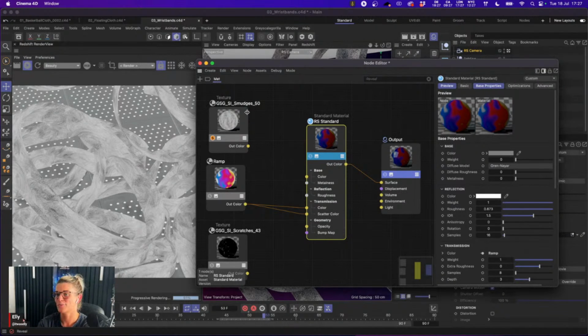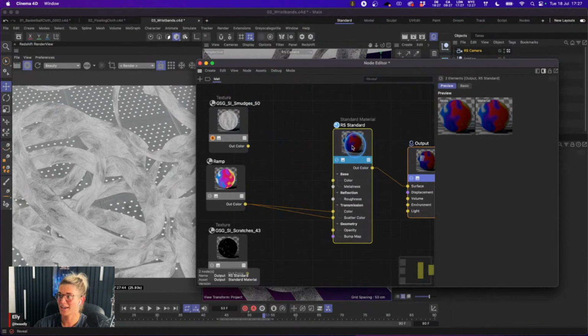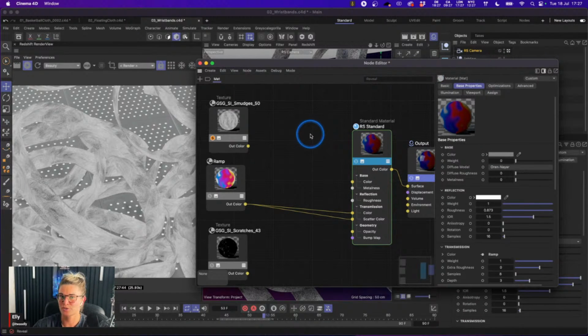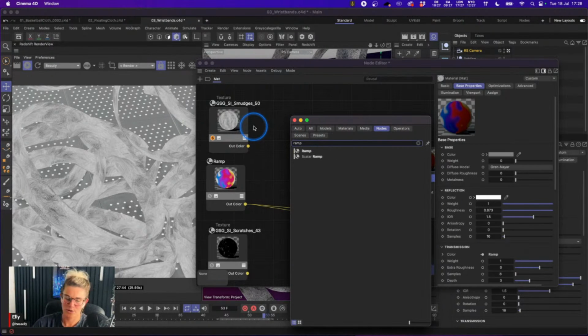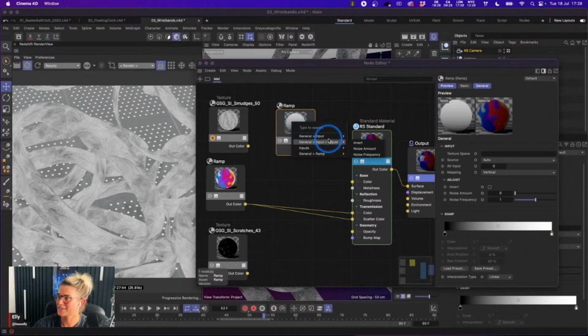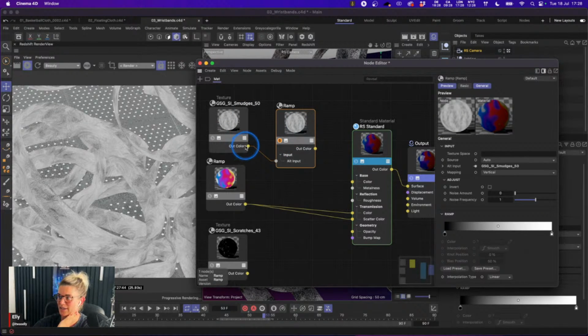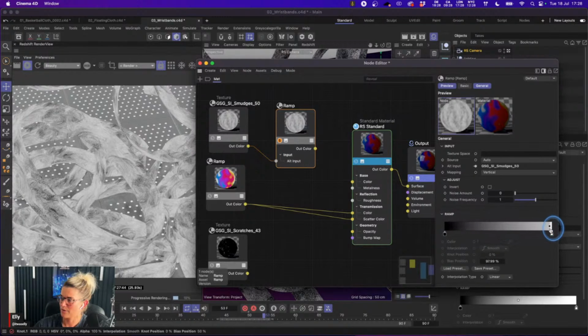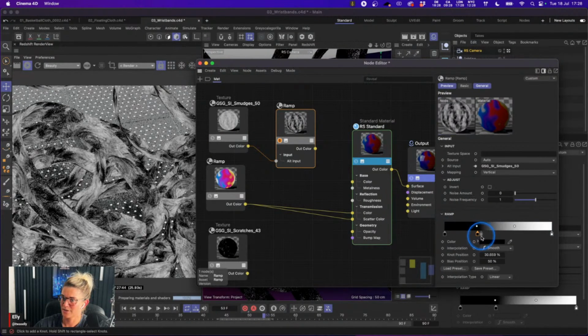The trouble is, looking at this texture map, it's going to be creating a lot of roughness because there's a lot of lighter color in it. But I want a nice glossy texture, while still using this texture map. So what I can do is use a ramp to remap this. At the moment, we've been using a ramp to just create nice gradients, which is great. It's what it's good for. What we can also do is grab a ramp, connect it in between our smudges and our standard material, and then remap the black and white areas to add